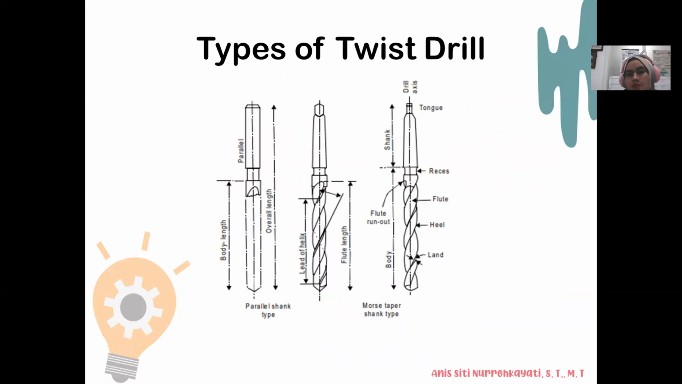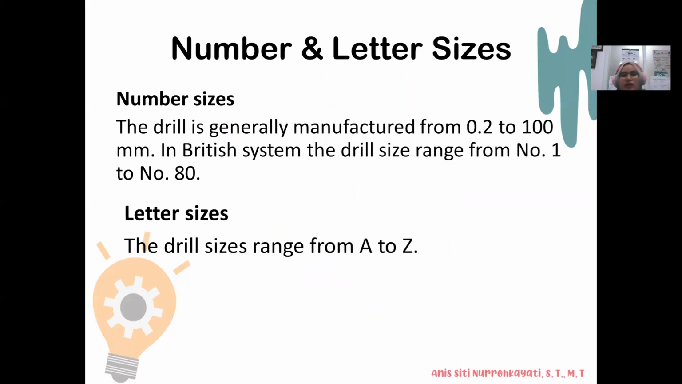These are the types of twist drill. The twist drill comes in parallel shank type and morse taper shank type. Next is number and letter size. Number size, in the metric system, the drill is generally manufactured from